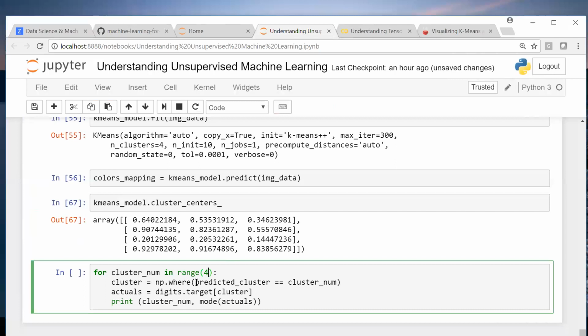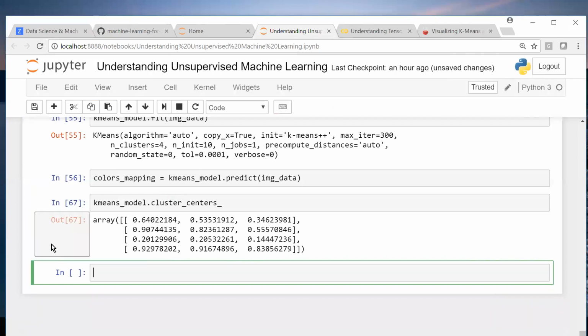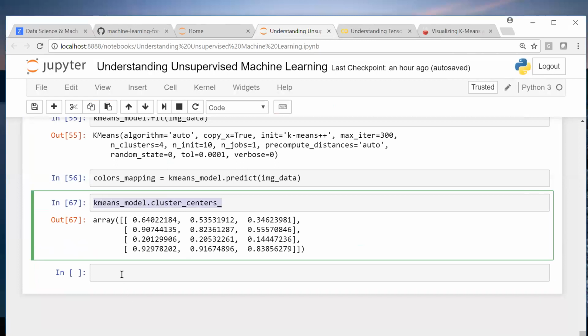Cluster predicted, color mapping, cluster as the number. No, this won't be useful, since we have nothing to compare. But essentially these are 4 colors now. Now we'll use these 4 colors to convert the actual data. This is 1, 2, 3, 4, and remember what the process is here. So now, what will happen if I do this?